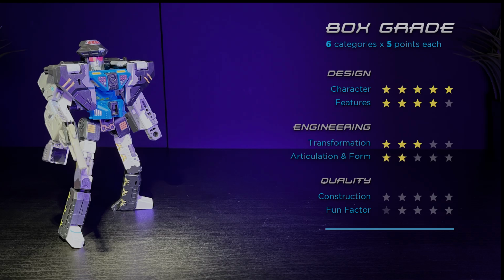2 out of 5. For construction, I considered giving Firepower Robo a 1. I mean, if 5T Toys is doing quality assurance testing at all, and they probably are, I feel like this was rushed to market. Out of 100 some odd Beast boxes that I bought over the past few years, this is the first one I've had a part break on me the first time I transformed it. However, as you saw in my review, that tab did hold up with superglue, so I'm going to award this